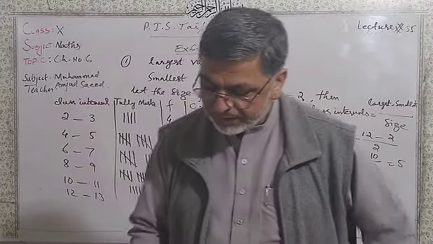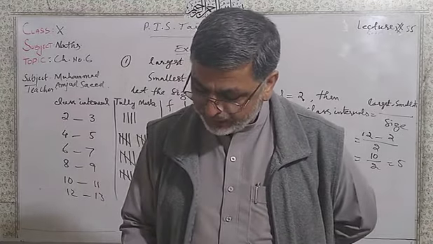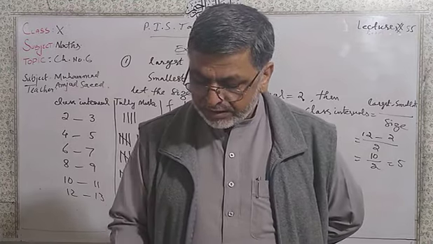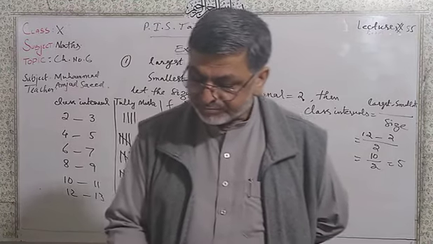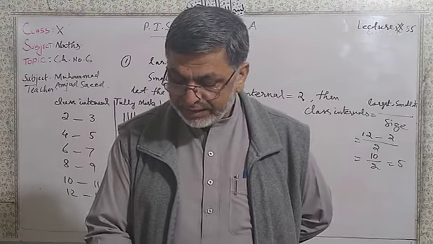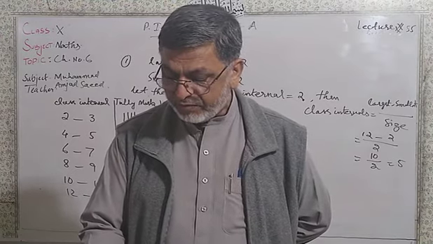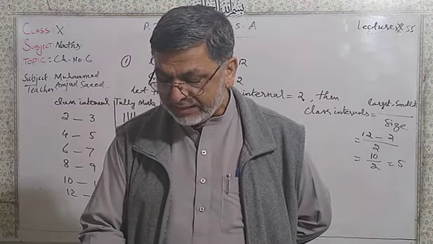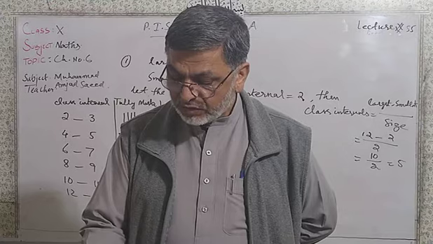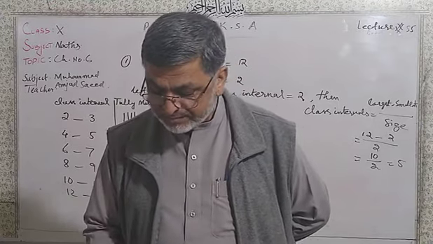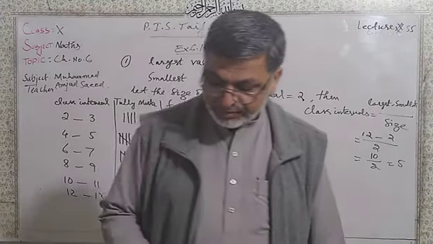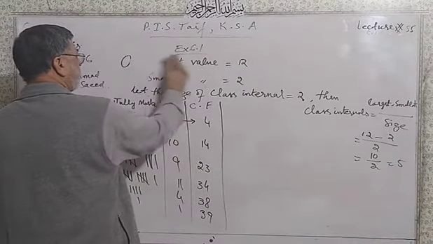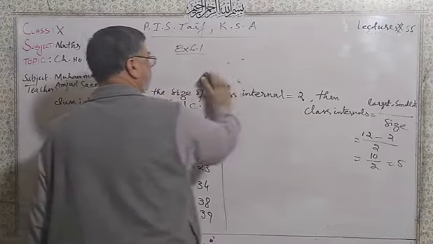After that we have questions number 2 and 3. In questions number 2 and 3, we will choose one question from here. The following data has been obtained after weighing 40 students of class 5. Make a frequency distribution taking the class interval size as 5. Also find the class boundaries and midpoints. Okay, I am using question number 2.